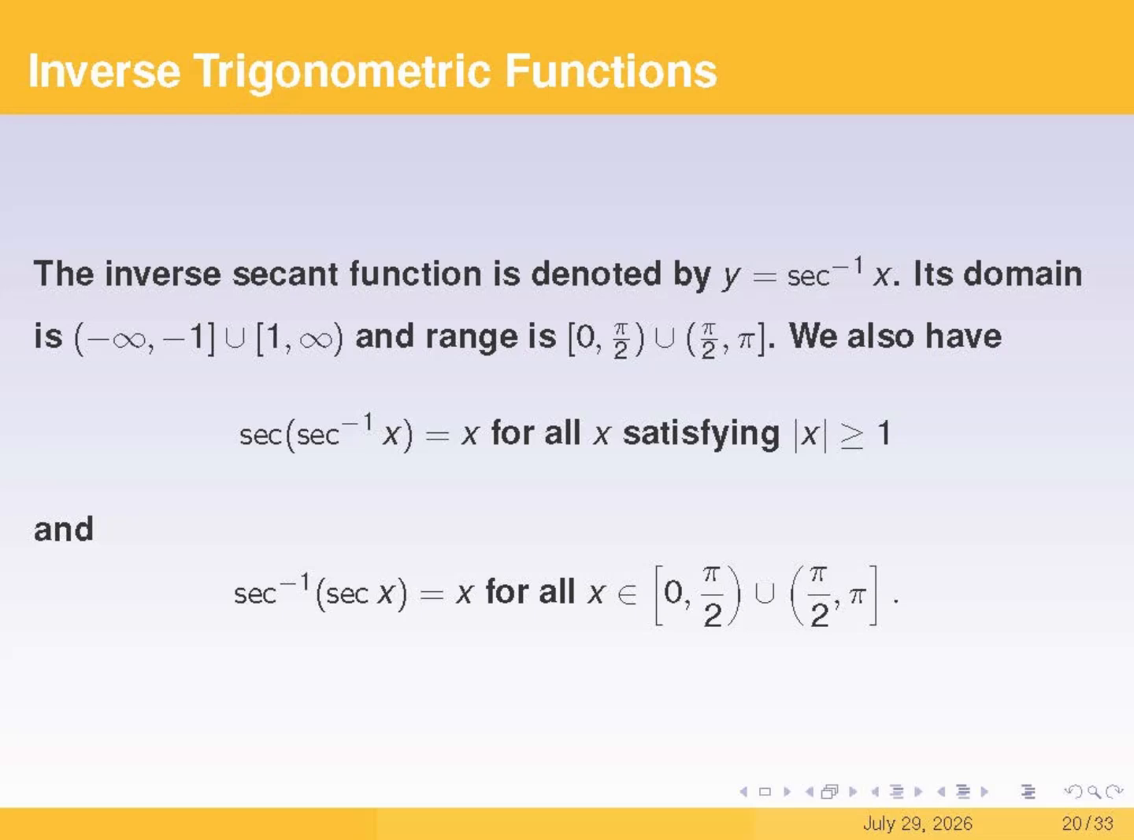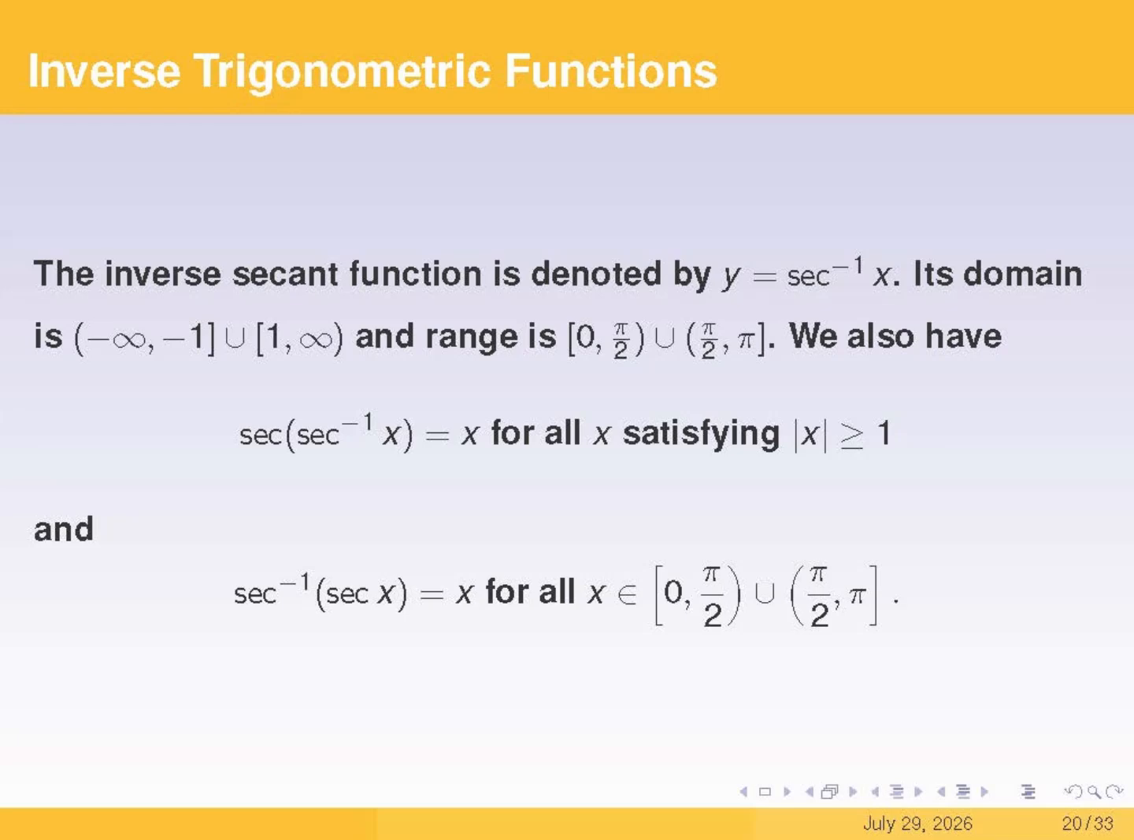The composition of the original function and its inverse yields the identity function, as shown on the third line and the last line. Pay close attention to the domain of x here. For the composite function on the third line, the variable x comes from the inverse function arc secant, so the domain of x is the domain of arc secant, which is the absolute value of x is greater than or